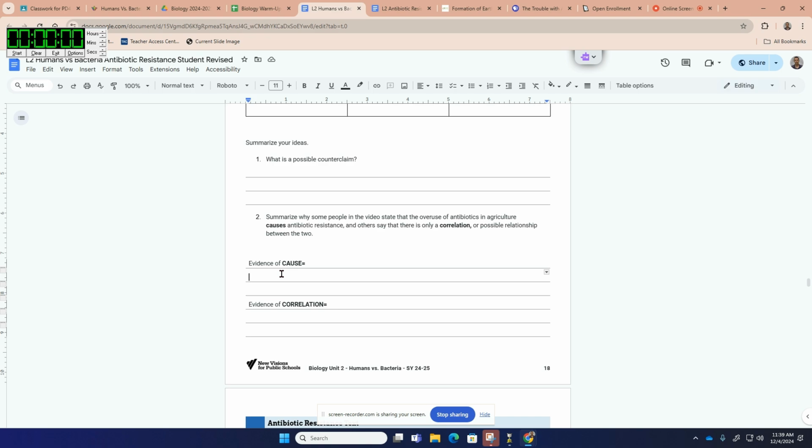Now, what I can't say is that antibiotic use on farms causes people to get sick. That's what we don't have a link for. But we can say that that's correlated. So what I can say is that resistant infections are correlated with living near farms, right? We see people that live near farms tend to have more of these resistant infections. That is a correlation. Notice I'm not saying that living near a farm causes it. It might not. We don't have a direct link, but there is definitively a correlation, meaning people living near farms